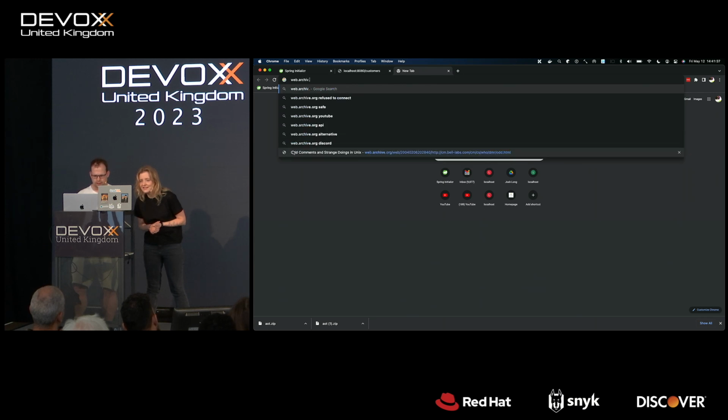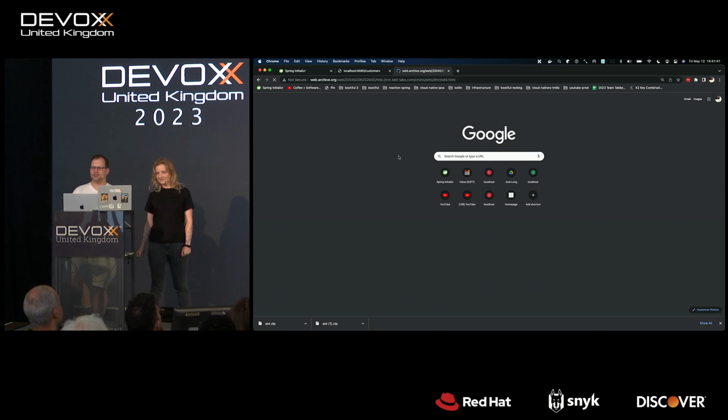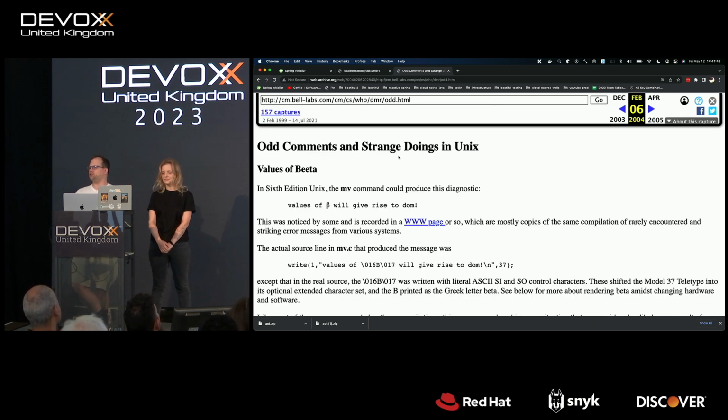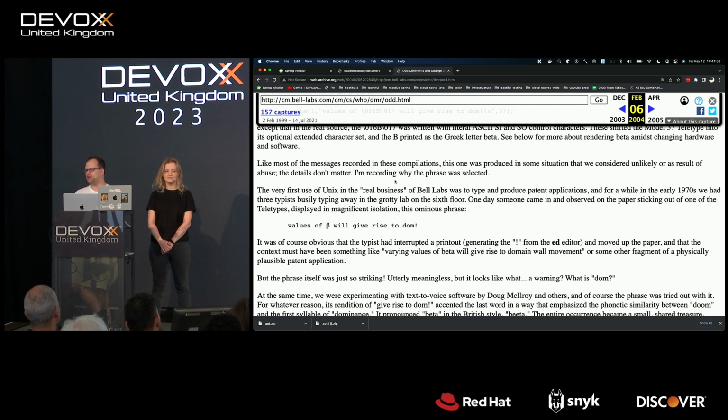Let's go to web.archive. That's a lot of typing. Okay, good. So this is a great comment, and it's not the challenge that it sounds like. It's not suggesting you're not smart enough to understand it. You just don't have to, right? It's not going to be on the test. That's the point. Most of this you don't need to know. You're not expected to understand this for the test, okay? That's what the comment is.